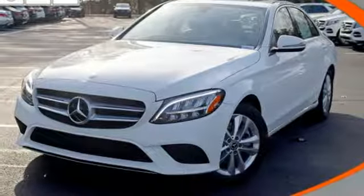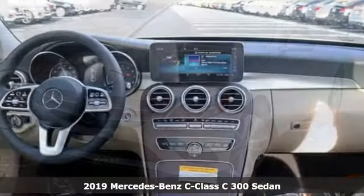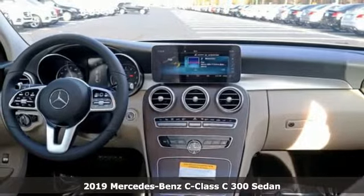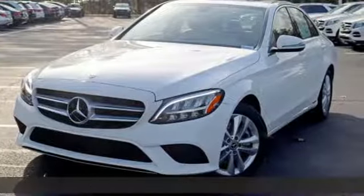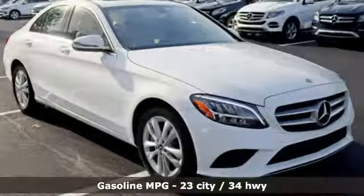Here's a new 2019 Mercedes-Benz C-Class. The C-Class has pioneered breakthroughs in performance, safety, and luxury for 5 generations, raising the bar and putting innovation within